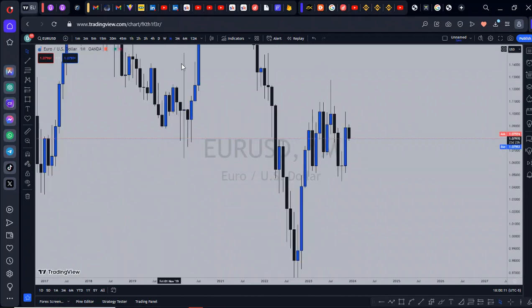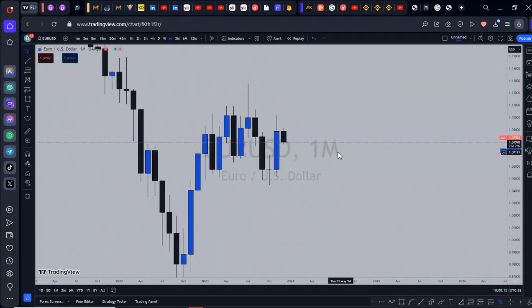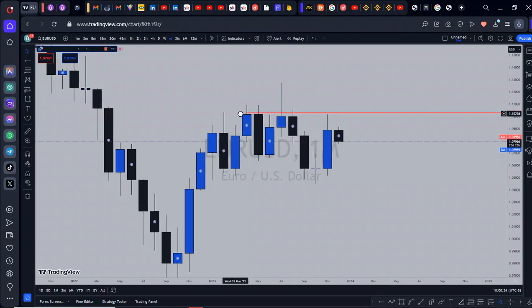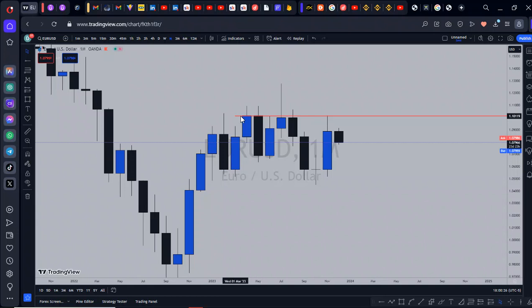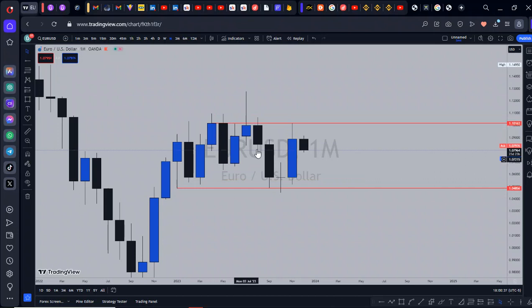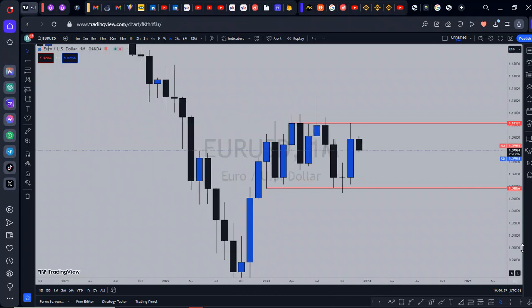So if you go to the monthly time frame, like we always do, you can notice that this is a range market. As it traded higher, it traded into right here and created a resistance level on the month of November. We traded to right here, and it formed a resistance right here, right? So we have taken out an area of support right here. We are inside a range, all right, not a structure.